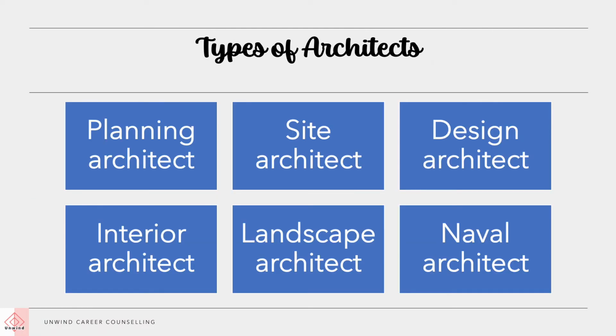Now there are various types of architects. One is the planning architect. This type of architect typically helps advise clients on local regulation. They work to ensure a project adheres to local and national requirements and regulation. Then we have the site architect, who is responsible for overseeing all activity on a construction site right from the